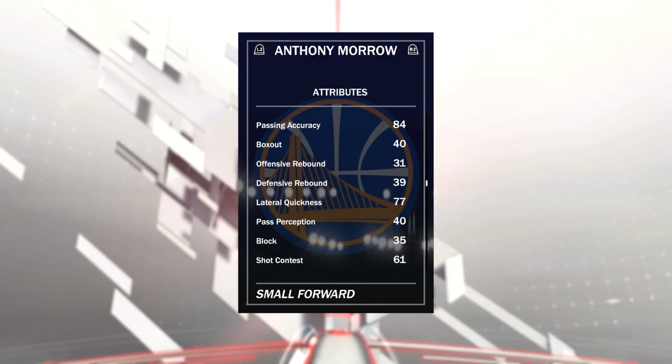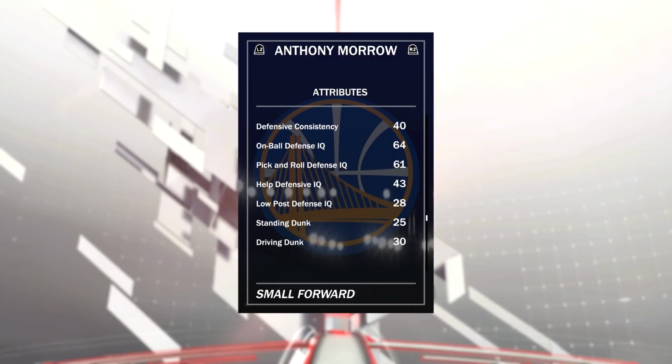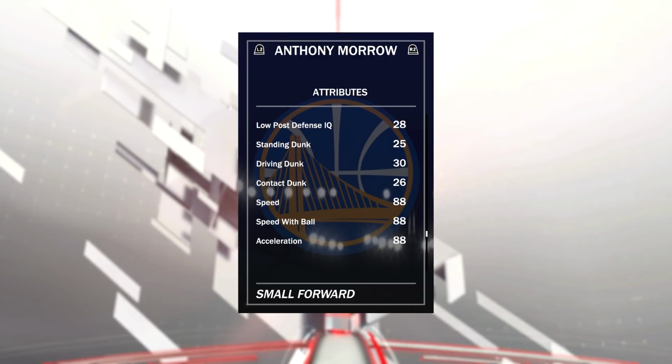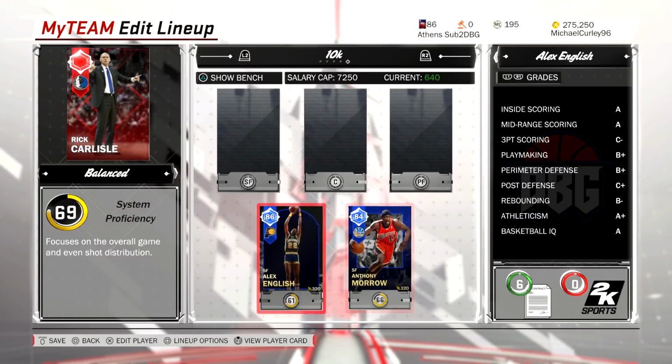77 lateral quickness means he's not going to be as bad as the stats seem, but he's still not going to be good at all on that end of the floor. He's got a 30 driving dunk with a 0 tendency. He will not dunk at all, but he's at 88 speed with ball, and 88 acceleration. One of the best offensive cards. Can actually get to the basket quite well because he can speed boost with the high driving layup stat, and